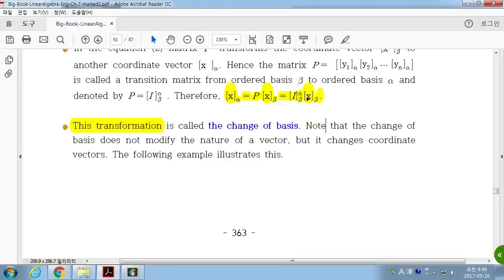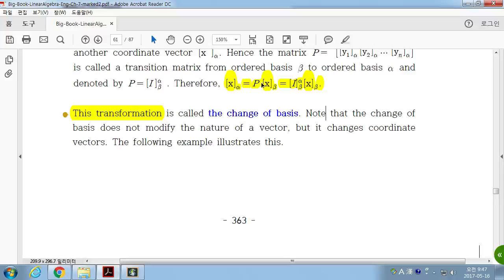이게 보면 x가 여기는 베타 기저로 쓰여 있었던 것이고 이건 x가 알파 기저로 쓰여지는 거잖아요. 그러니까 기저가 바뀐 거죠. 그러니까 기저가 바뀌니까 change of basis라고 그러죠. 기저 변환에 따라서 표현이 바뀌어지는 거죠. We call this transformation. 여기다 이걸 P를 곱해서 베타 기저에 대한 표현을 알파 기저에 대한 표현으로 바꾼 거니까. That's called the 기저 변환, change of basis. So this is a linear transformation, and this is a change of basis.